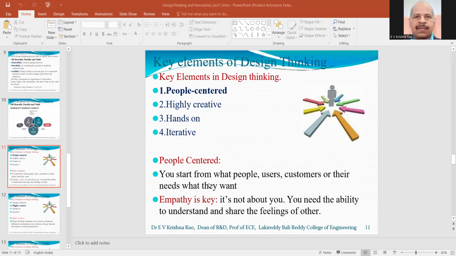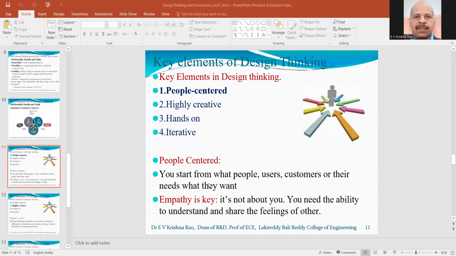Because in product development, whatever innovation you develop, whatever solution you are providing for the problem identified, how do they think, what solution are they expecting from the